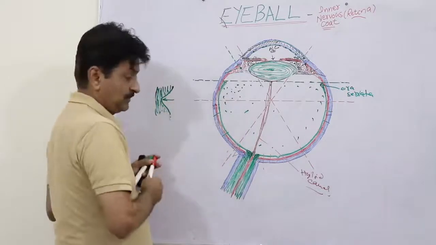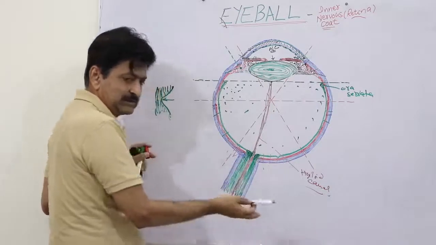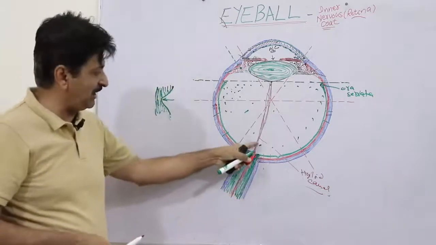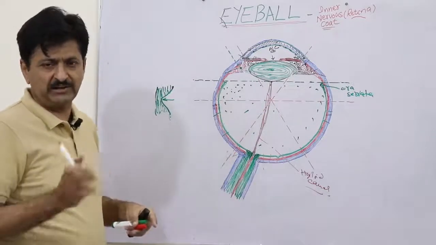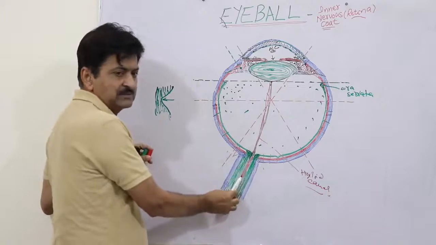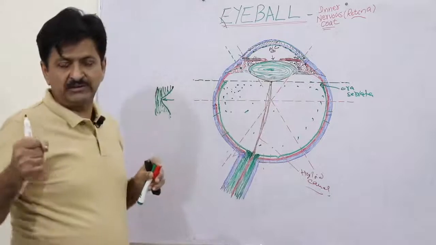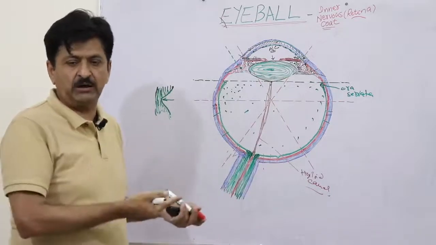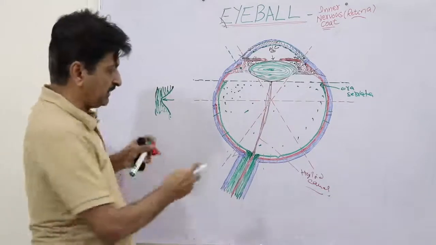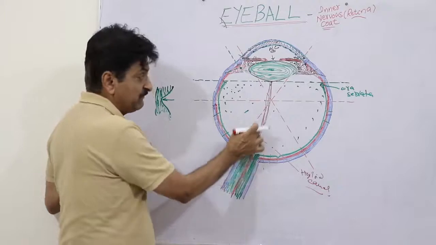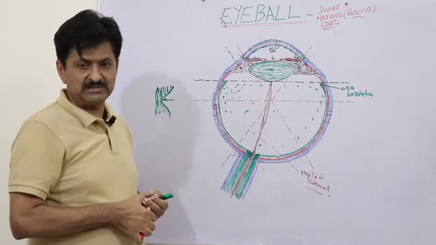This indicates that distally it is called the hyaloid canal, and proximally it is called the central artery of the retina. Initially this was called the hyaloid artery, we did not call it the central artery of the retina. The proximal portion of the hyaloid artery will become the central artery of the retina and the distal portion gets obliterated, and when it gets obliterated it will not remain an artery, it will remain like a canal. That canal is called the hyaloid canal, and it starts from the center of the optic disc